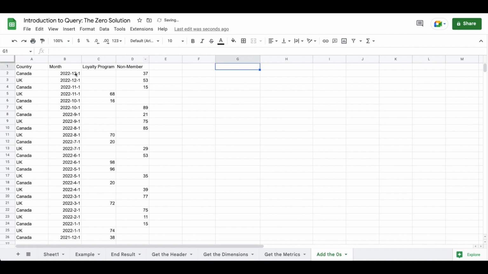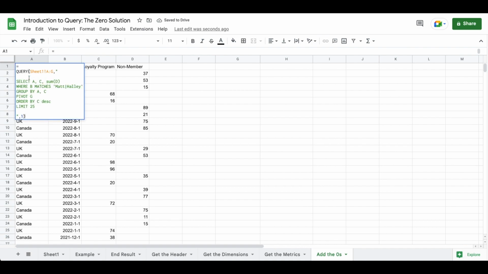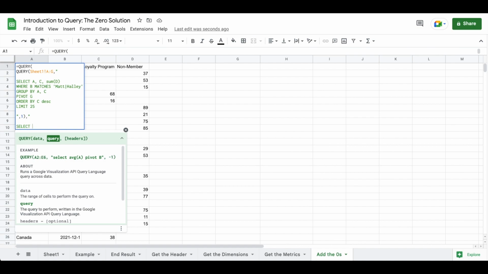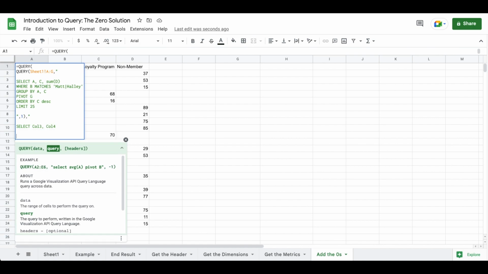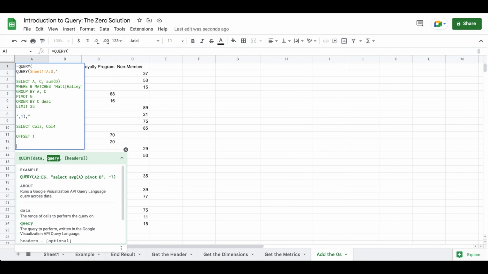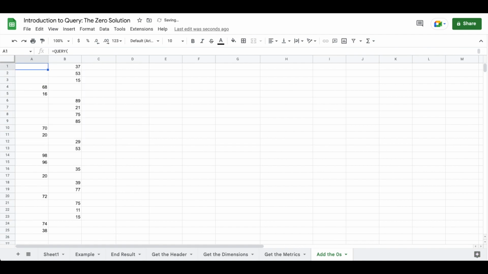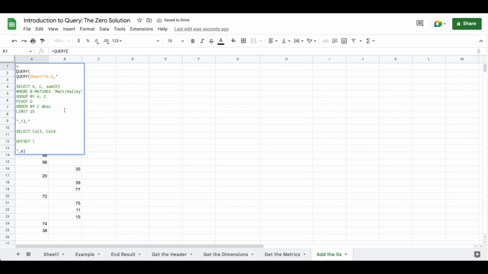So what we're going to do now is use our base query to isolate the metrics the same way that we just did. So we're going to select column 3, column 4. We're going to offset by 1, and, muscle memory here, 0, right? So we want 0 headers, we want to offset by 1, and we just want columns 3 and 4 just as we did. Now what we want to do is leverage an array formula